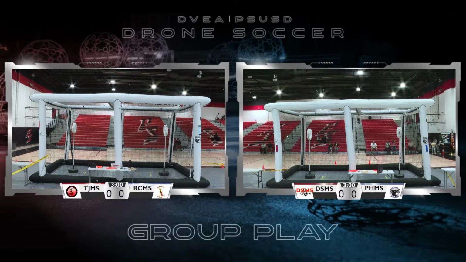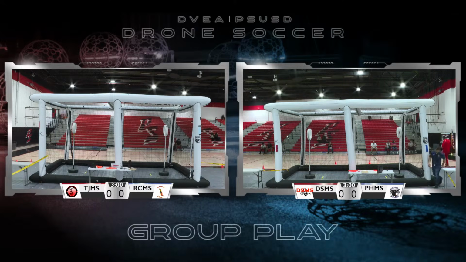So in Arena A, the main arena up here in the front, on my left side, the front of the building, on the opposite right side, I guess you will. So up here in the corner, far corner, Painted Hills Middle School Squad 2 will play Desert Springs Middle School in Arena A. Painted Hills Middle School is red, Desert Springs blue. Change your striker tag colors now if that's something you need to do.